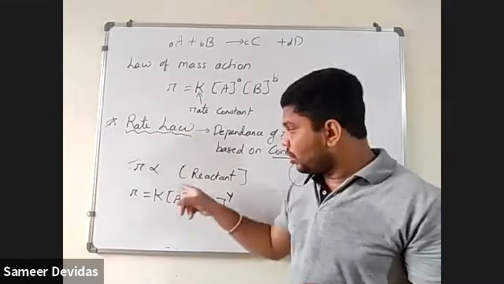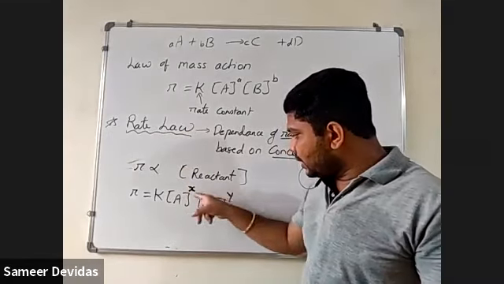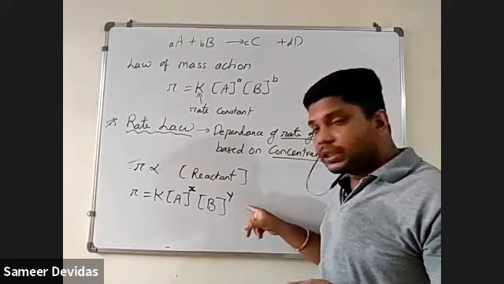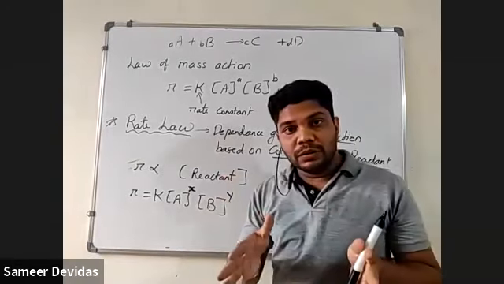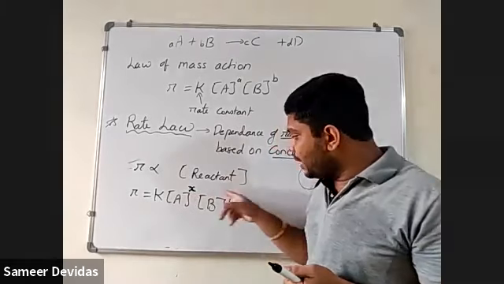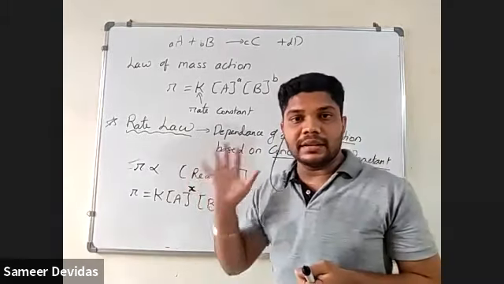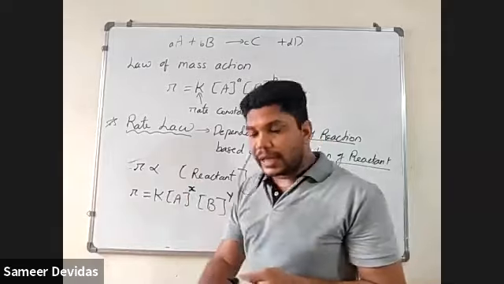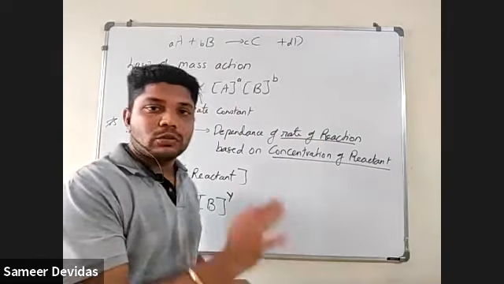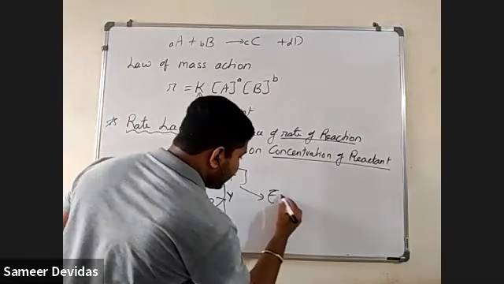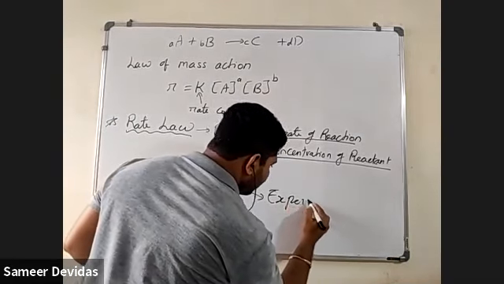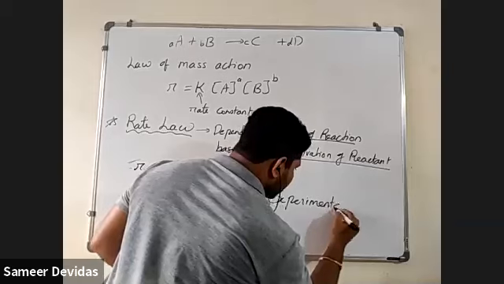In a rate law, the degrees you have seen are X and Y. If suppose there was also C, then on top it would be Z. So the important thing is that you should know from where we got this X, Y, Z. And to tell you, we got this X, Y, Z only after experimentation. Remember this.